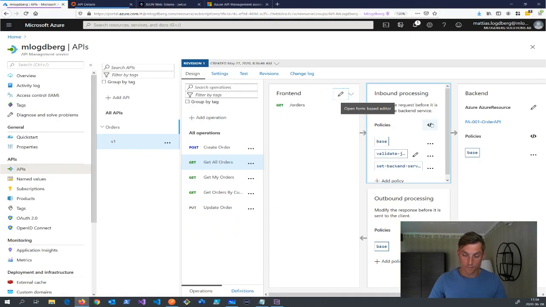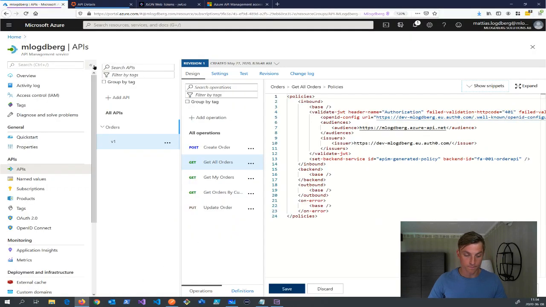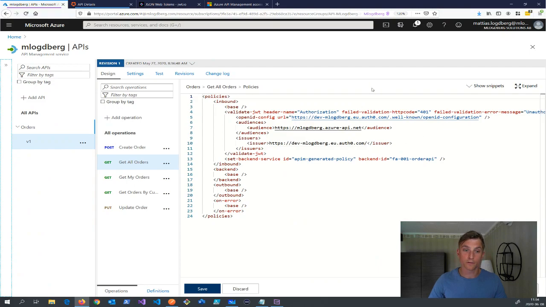So let's go and check this policy. In policies, we can do a lot of stuff. This is a restriction policy that I'm using now. There are other ones as well, like transformation and rewrites, a lot of stuff you can do. You can even send requests to other parts. But in this case, we just want to check out the validate JWT policy, and we have the config